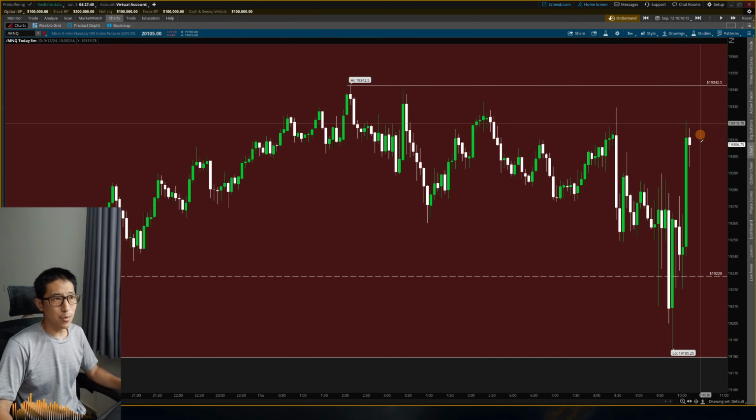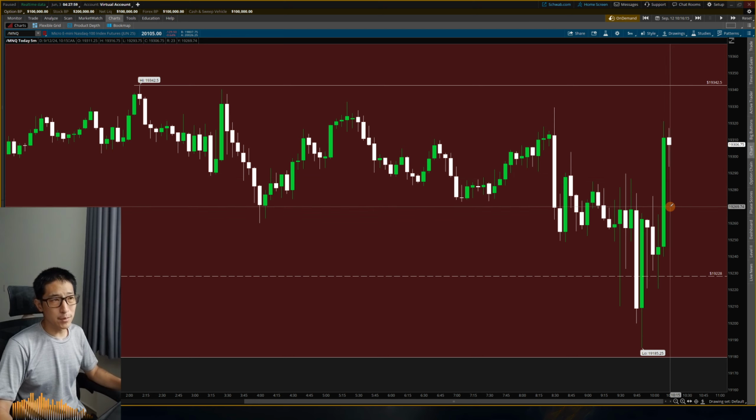Is there a chance to get in here? Not really, because your entry should be around here. Your risk should be down here, and as you can see, it is less than 1-to-1, so not really worth it unless this fair value gap comes down lower, or maybe you're in a lower time frame and it sets up better. So just gonna wait for this. Maybe it'll come down here and give me a better setup, but kind of feel like it's just gonna go for the buy side right away.